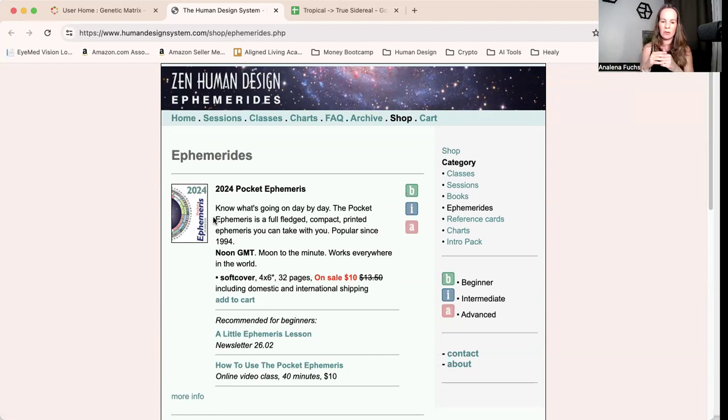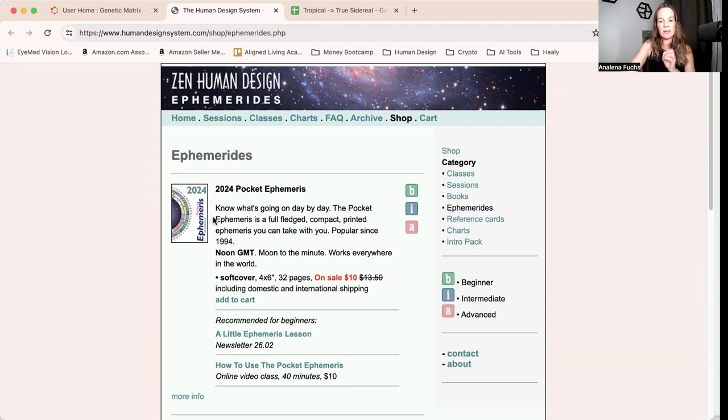It's from the year 2026 until 2050, so it's for many, many years. When you open it, for every month you will see where the sun, the earth, and all these other planets that I was just showing you in the human design chart are. It will tell you exactly, for every day, what gate each will be in. And there you will also see the different gates that the moon is in during a day, either 2 or 3 different ones, like I was saying.